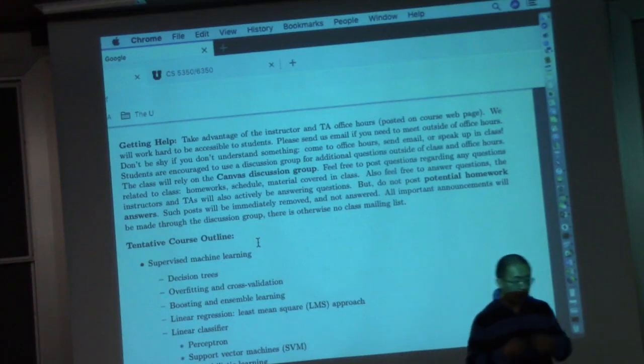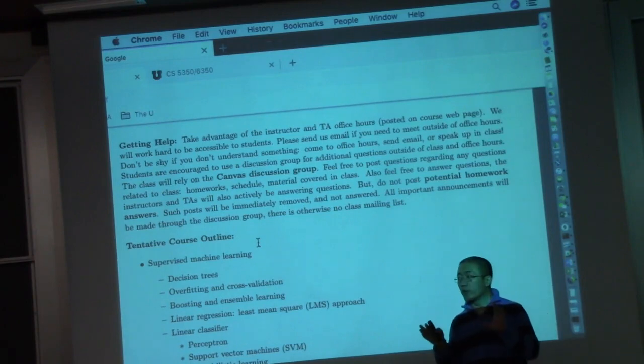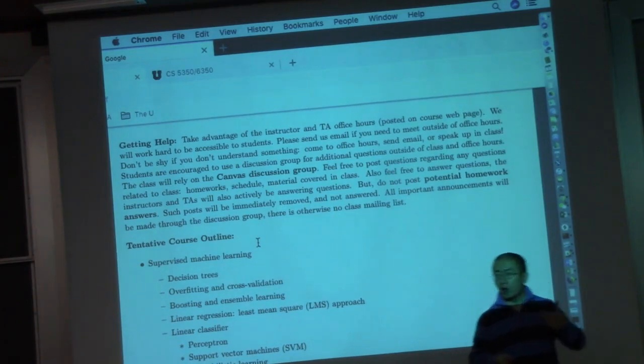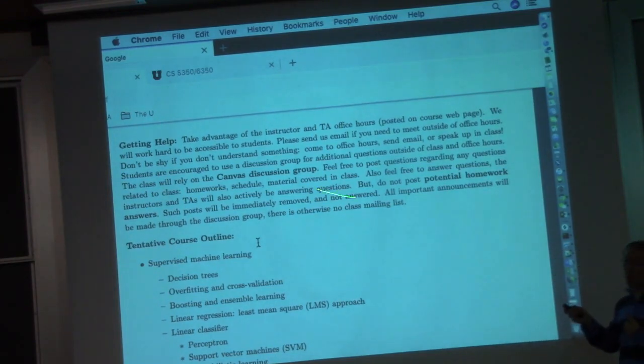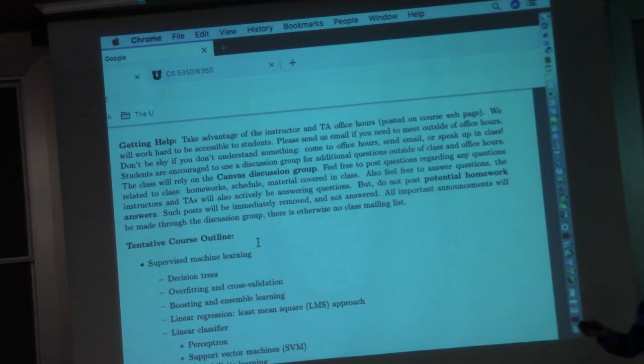And if you want to seek help offline, you're suggested to post questions on campus. Why? Because your question might not be unique. And when our TAs or the instructor answers your question, if the question can be seen by other fellow students, it will be more beneficial. And also, if many of us post and discuss on campus, we'll build up a very active learning environment that will benefit the whole class. So try to post the questions on campus.